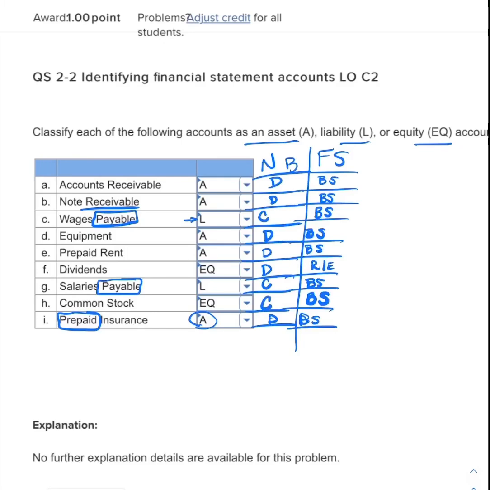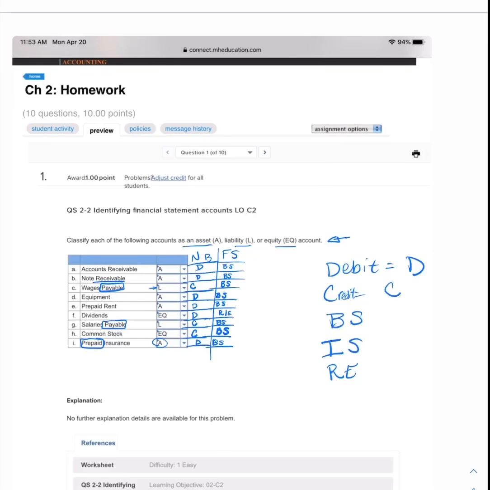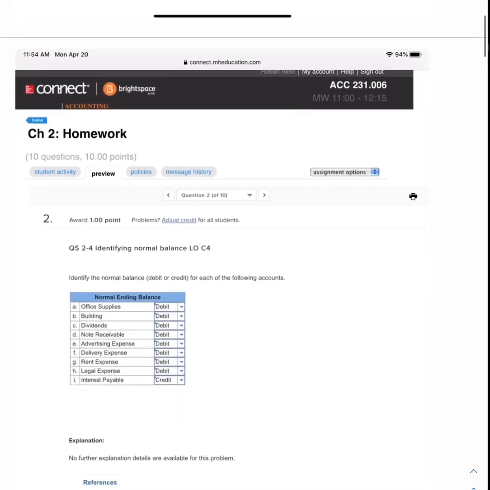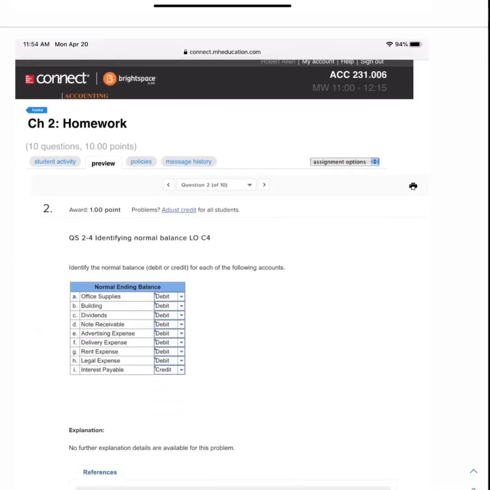And that wraps up this question for us. So we accomplished a whole lot in this question, I think. We hopefully have a pretty good understanding of how all of this works now, and we can move on to question number 2. So in question number 2, we're then going to identify the normal balance. So you'll see we're doing this quite a bit in this homework assignment to make sure we really understand how these questions are working. I'm once again going to ask you to identify